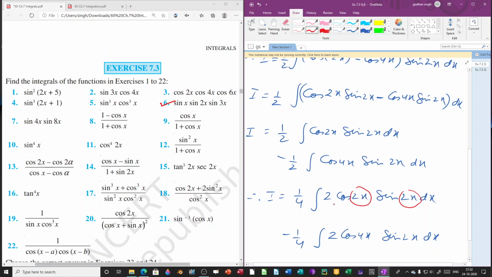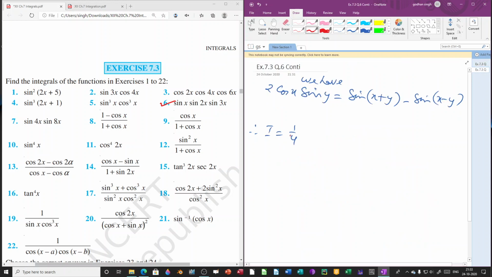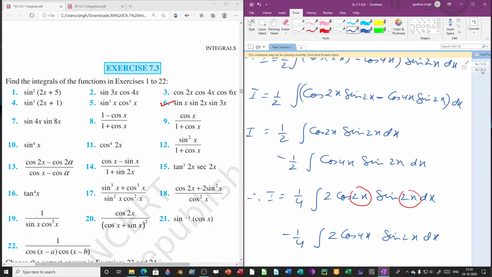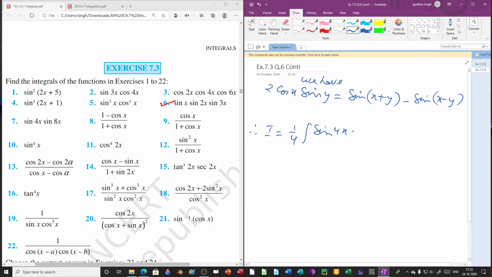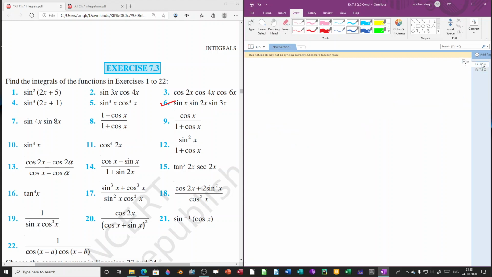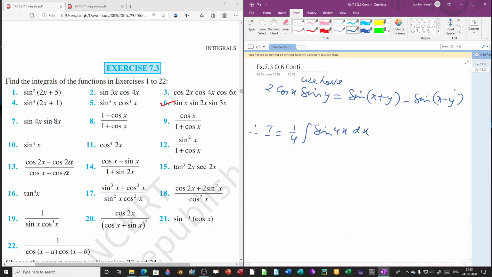This we can write directly also, because we know that 2 sin x into cos x is sin 2x. So there is no need for that formula; directly also we can write it, because this will become 1 by 4 integration of sine, so double of 2x, that is 4x, so sin 4x dx, and minus 1 by 4 integration of. So what we'll be getting here,